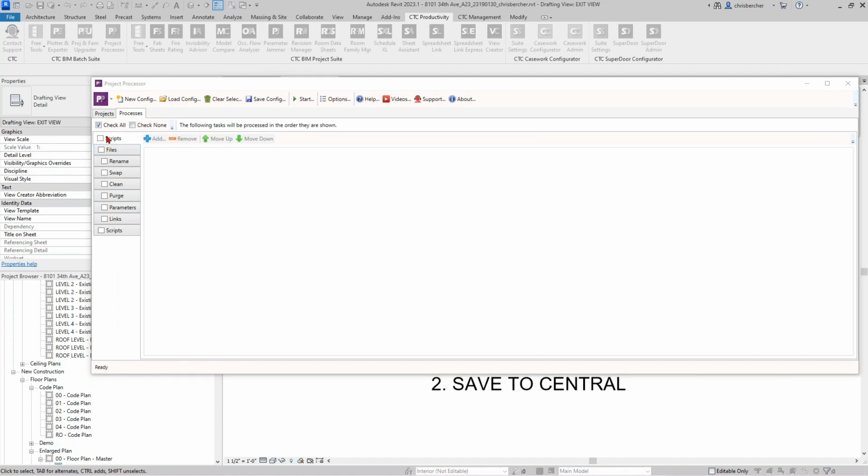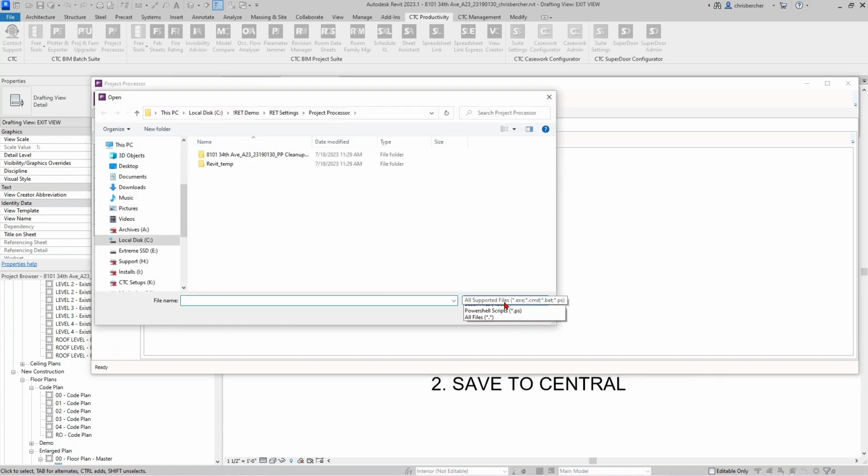So the scripts tabs here at the top and at the bottom, so at the beginning and at the end, these are intended to give you the opportunity to run a process before and or after you manipulate your Revit files. So for example, maybe there was a plugin you needed to install to do a thing, or maybe, here's a better example. Maybe you needed to download the files off your SharePoint and you had a script that did that. So, because you're receiving a model, or at the end of the process, we need to post it to our